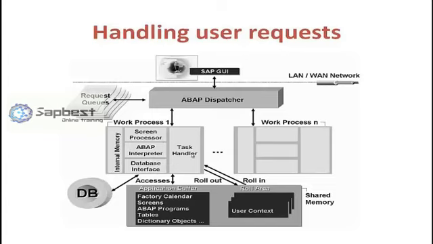Normally my user information, if he or she has logged in recently, is in shared memory. That shared memory has the user's authentication and authorization information, and also it has objects which were used by the user some time ago. So that can roll into the memory, and then after it is done, or the work process stops the processing, it goes back to the shared memory area. That is called rollout.